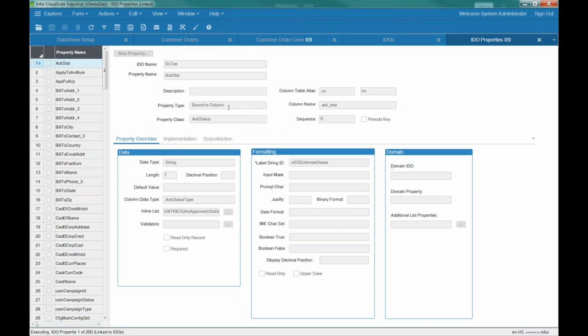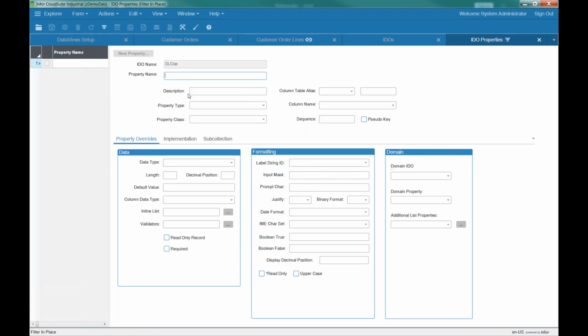And we have here bound to column, and we went over that, and it's pointing to custom order. This is pointing to my customer bill to address, all that sort of stuff. These are all when you're actually linking an IDO property directly to a column. But there's another thing that you can do here when you're either consuming or creating